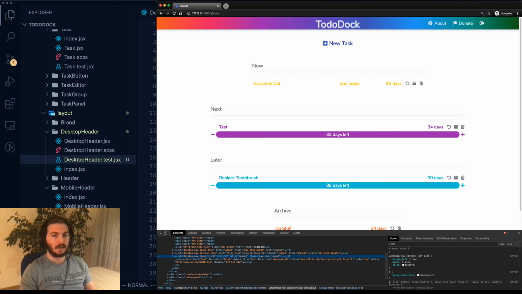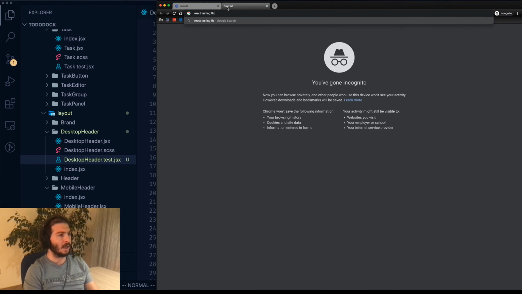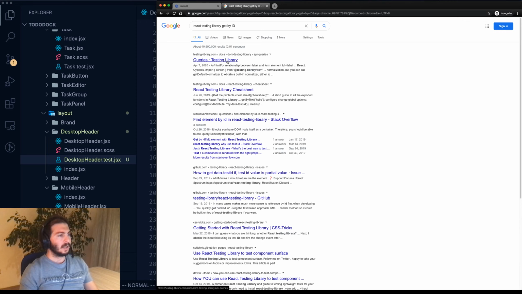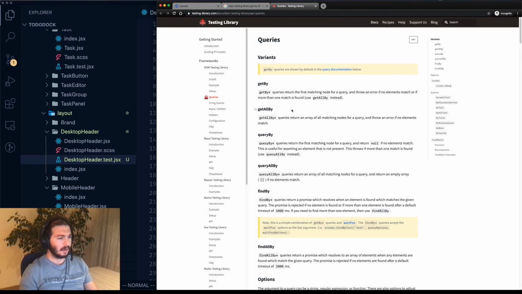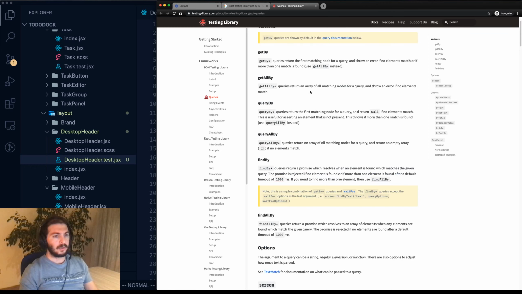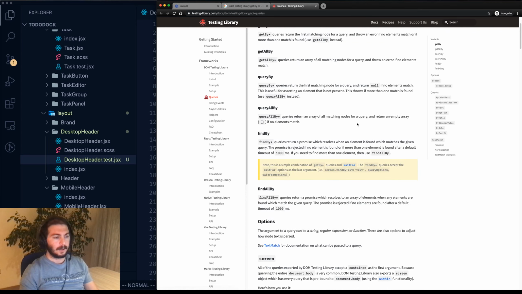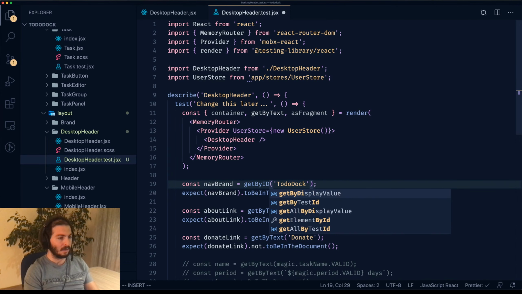But I don't remember how to query an element by ID, so React testing library get by ID. So I'm just going to look it up. I hope I can find it very easily. Get by ID. Can I do get by ID? Just let's give it a try. Get by test ID. Okay, so